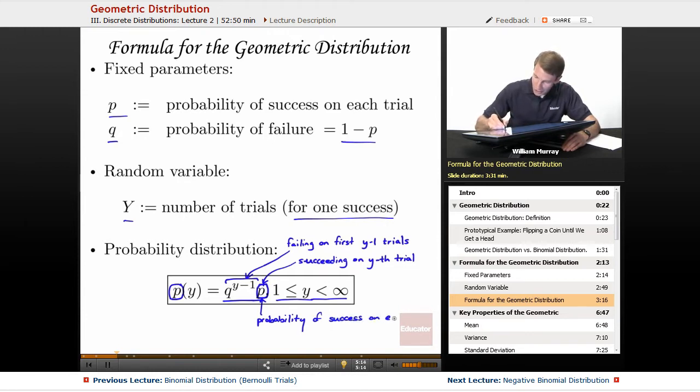on each trial. So if you're flipping a coin and it's a fair coin, that P is 1/2. If you're rolling a die and you're trying to get a 6, then that P would be 1/6. This P represents the probability of capital Y, your random variable, having the value little y. So the probability of Y trials